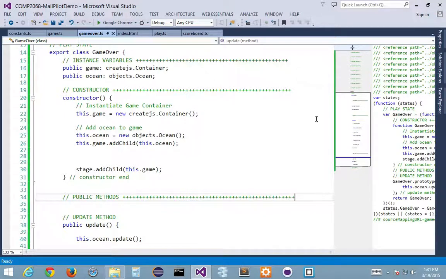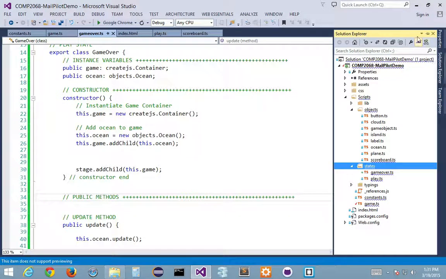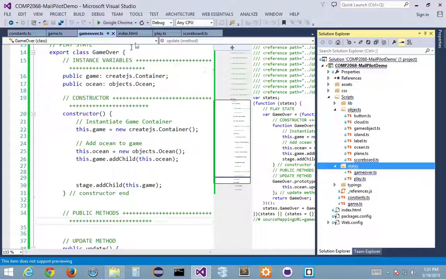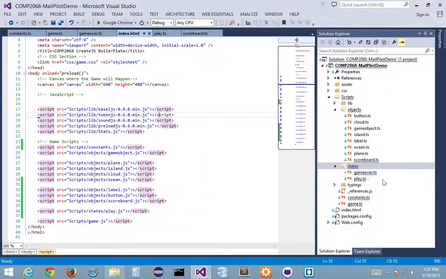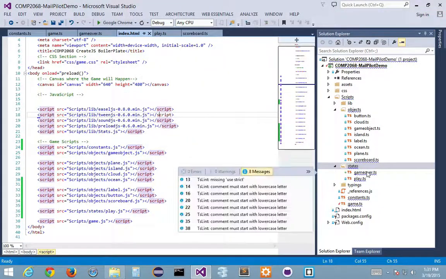Well, let's go back. Oh, it's not so easy. So here's my game over state. I've created it. Let's do all the piece parts that I need to make this go first. So I go back to my Solution Explorer. I'm going to pin it up here. I'm going to go back to my index.html. I've got to do all these piece parts. I'm going to take my game over state and include it in